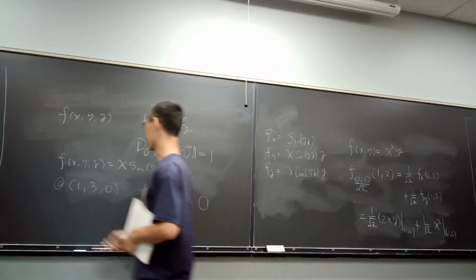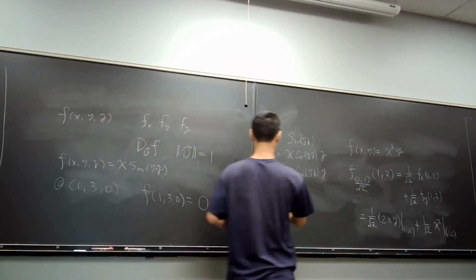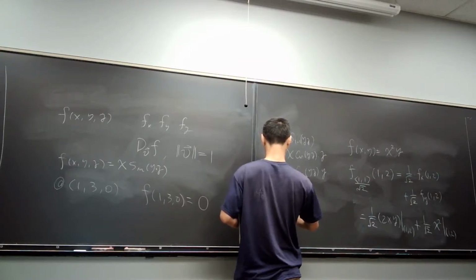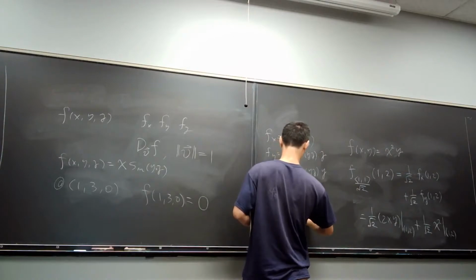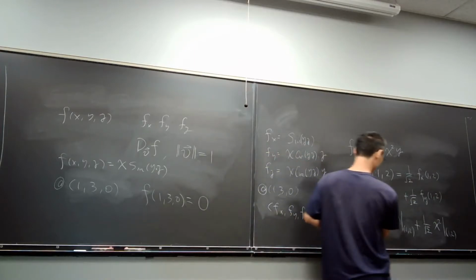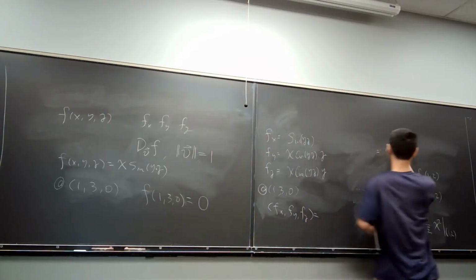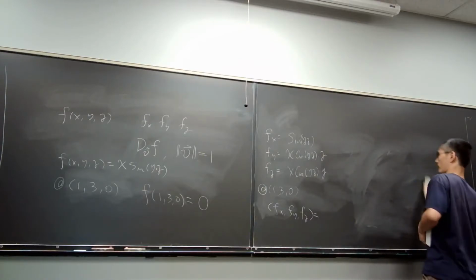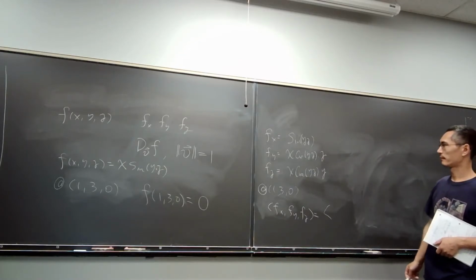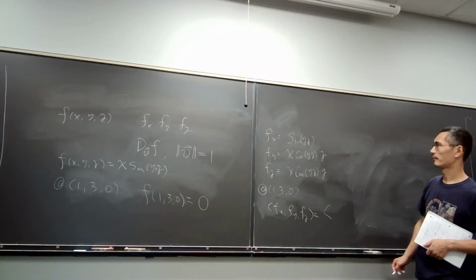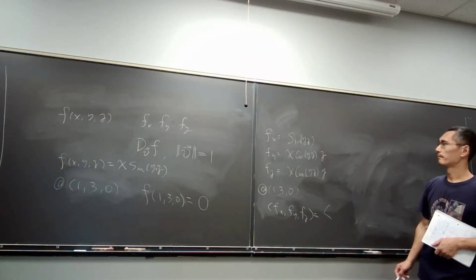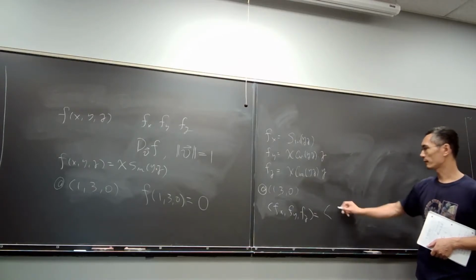All right, then you plug in the value 1, 3, 0. So at 1, 3, 0, fx, fy, fz. I write it down in the form of a vector because I will tell you the meaning of that in a moment. But let's just put it that way first. So you get 3 values. What's the first value? 0. Second one,